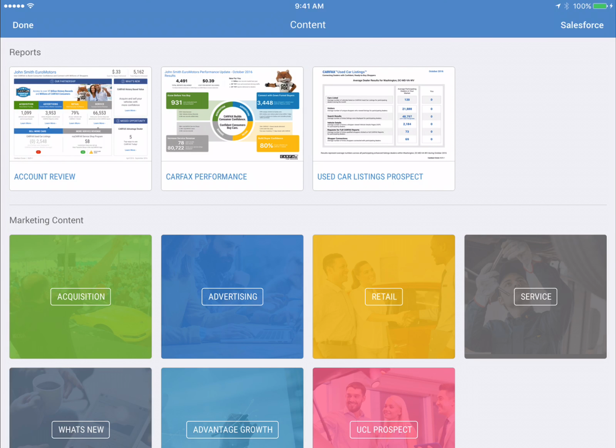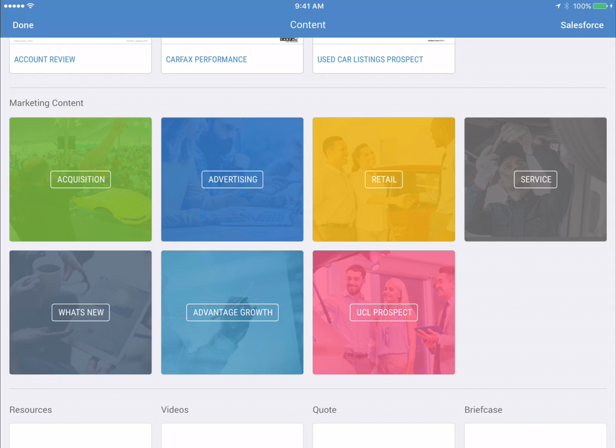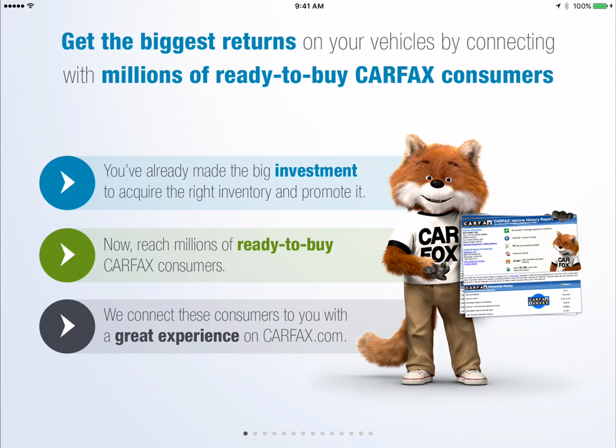I hit close, and now scroll on down the page to marketing content. Here's where you see all of your slides that you had in the C6: acquisition, advertising, retail service, what's new, advantage growth, and UCL prospect. Well, we know we got to do a My Carfax conversation, so let's click on advertising, and here are my